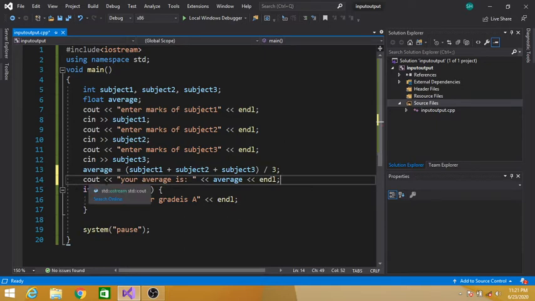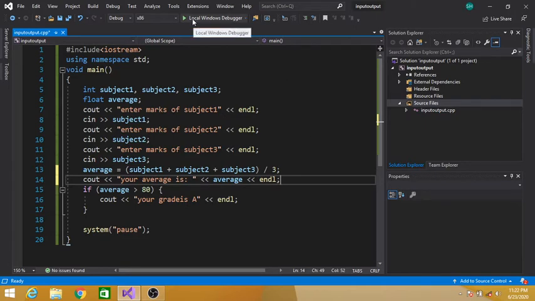We are printing on the screen the text your average is, because it is written in double quotes, so it will be printed the same on the console. Then for this variable we have not placed double quotes around it. It means it will print the value of this variable, not the name of the variable. So whatever value is stored in this variable will be printed here on the console window.